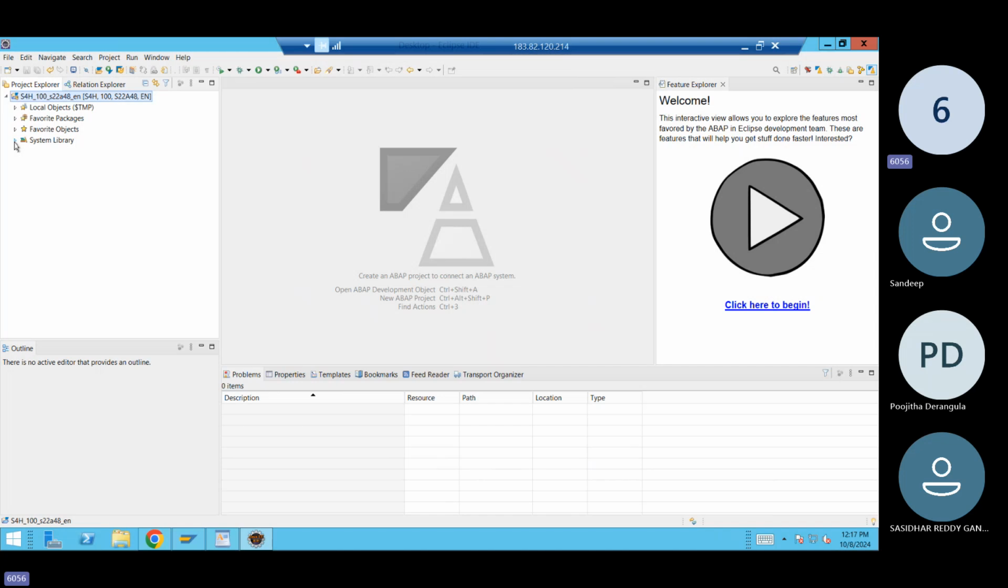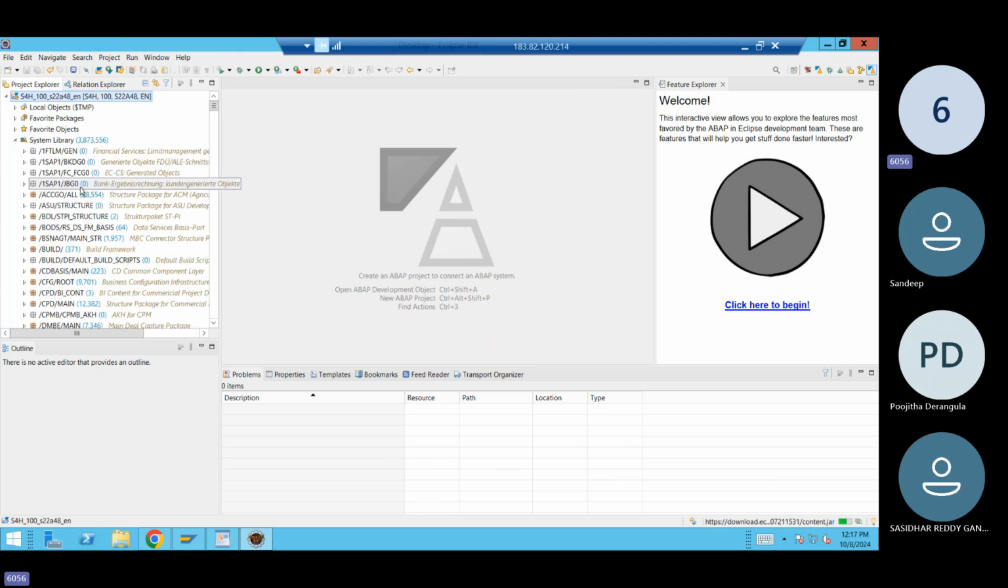If you are going with your system library, you can also add your favorite packages. Let's say your development package is there. I want to see my entire development package in my favorites, so I don't need to select it and check it every time. You don't need to do that. So we do have